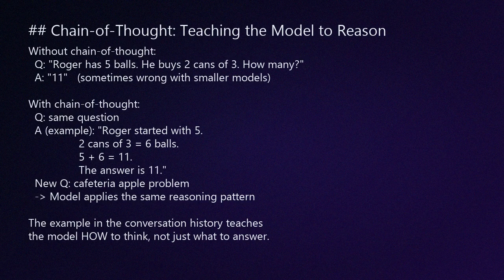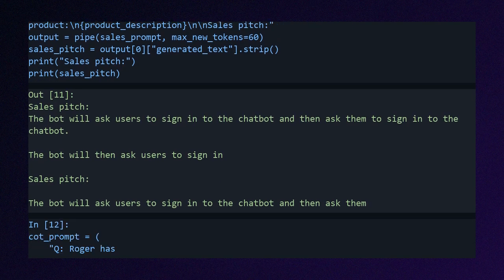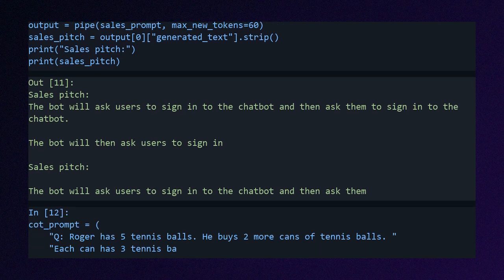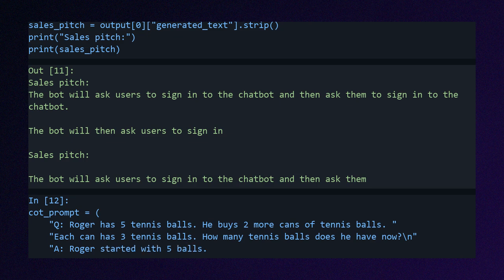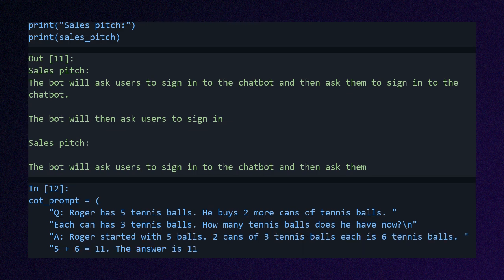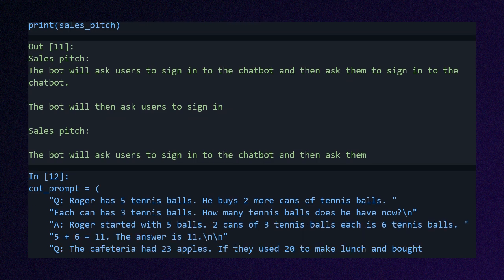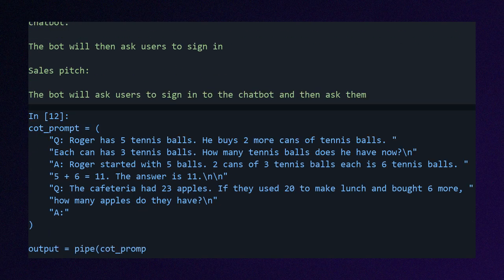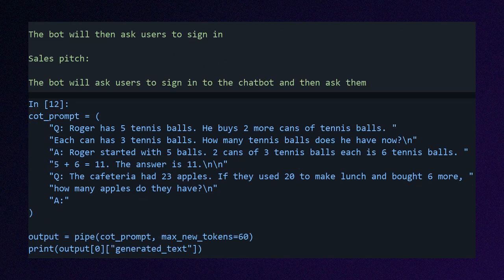We demonstrate this with a classic reasoning benchmark, a word problem that simple models often get wrong when asked for a direct answer, but get right when guided through the steps. For chain of thought with GPT-2, we format the example as a plain Q&A exchange. We show the question, then the step-by-step reasoning, then the answer, all as continuous text.